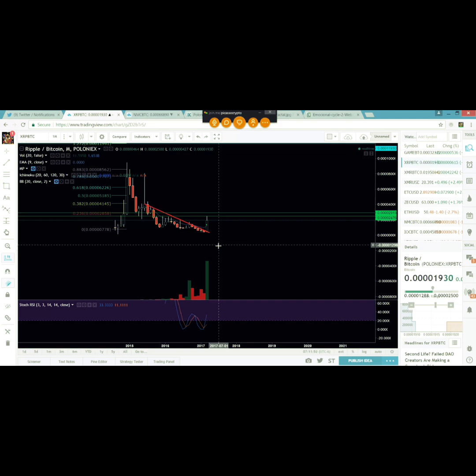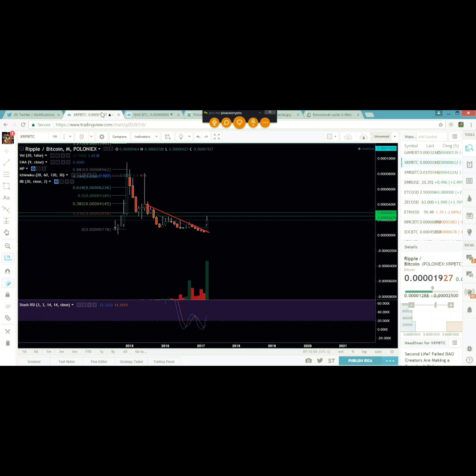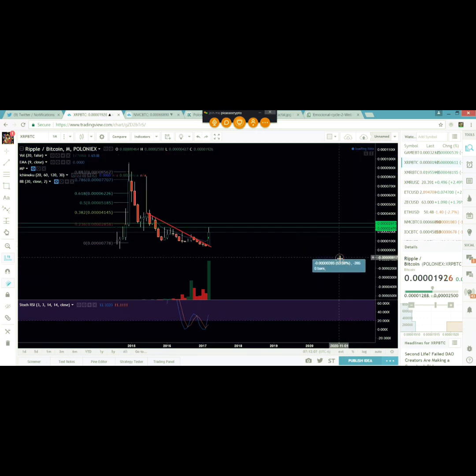It was crippled and it just kept bleeding down. But it was the perfect recipe for something like this to spark out of it and create a new market cycle. All right, and that's, look at LTC, when people think coins are dead, they come back to life and they kind of haunt people that think they were dead, because eventually they're going to get a new cycle.